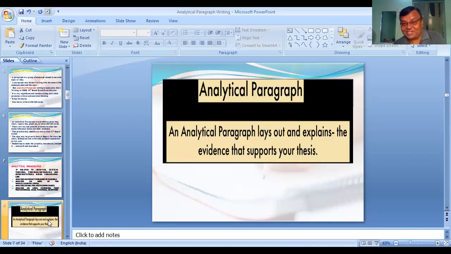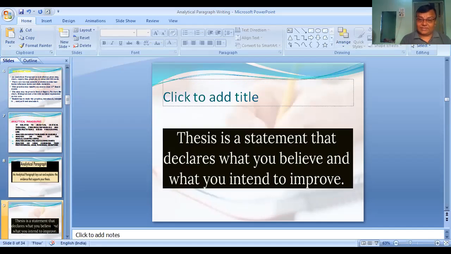Now let us come to the point. An analytical paragraph lays out and explains the evidence that supports your thesis, your viewpoint. What's your thesis? It gives evidence. A graph is there with you, and you have to explain this thing. Next, you see, that is very important. What is a thesis? A thesis is a statement that declares what you believe and what you intend to prove. That is called a thesis. A thesis says your belief. You believe that this